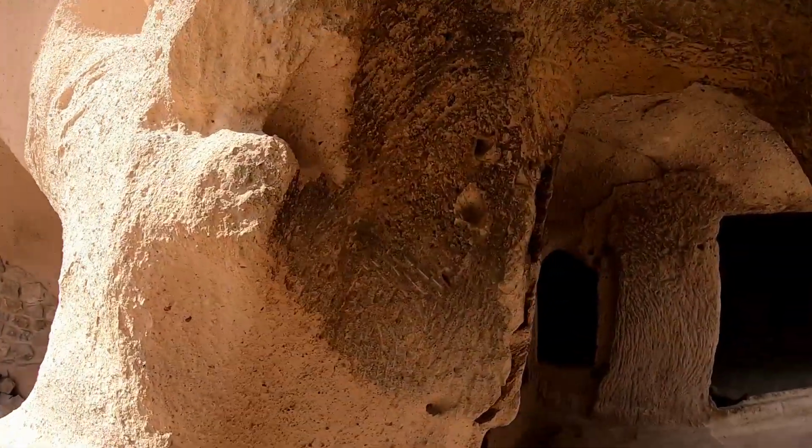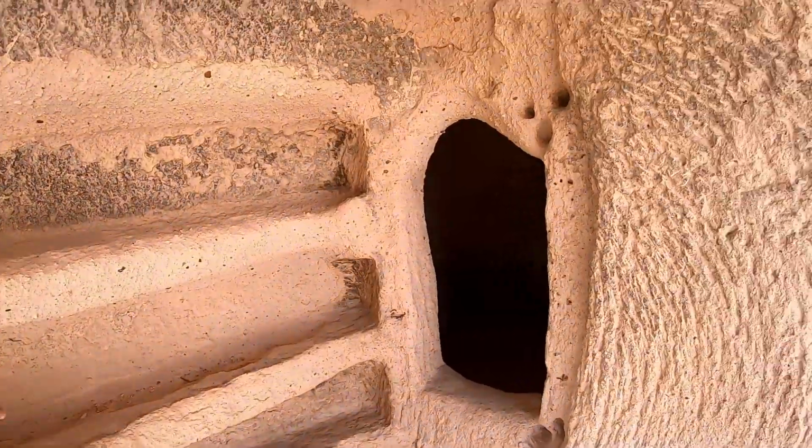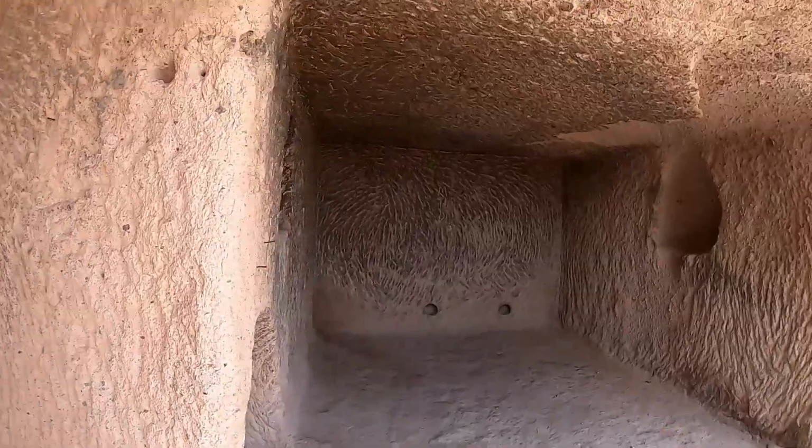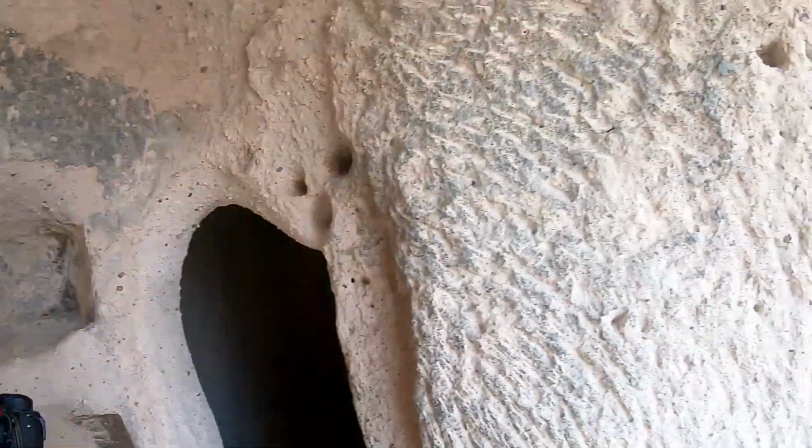And you can see more of the shelves in here, as you can see, where people would have lived. Like I said, at one point it was home to at most 1,000 inhabitants inside here. So you can see in this other room a little bit more all the scrape marks inside here,